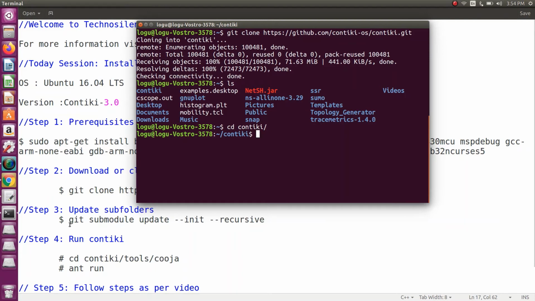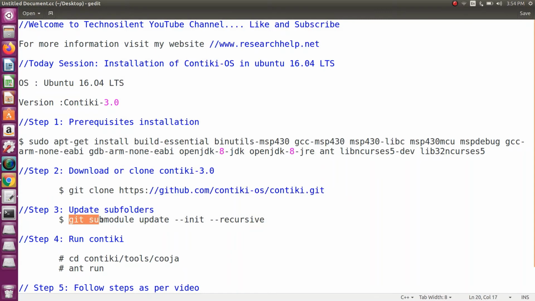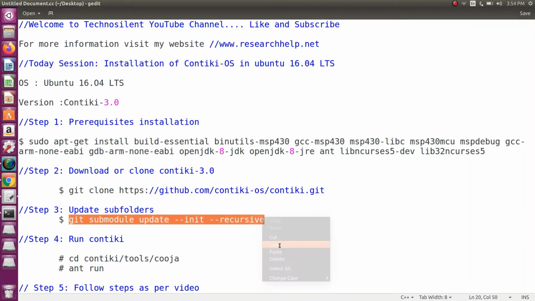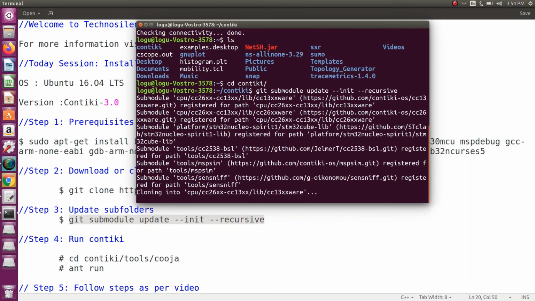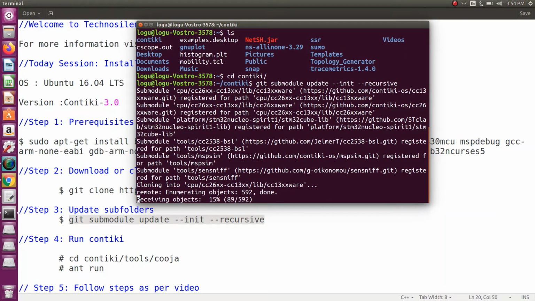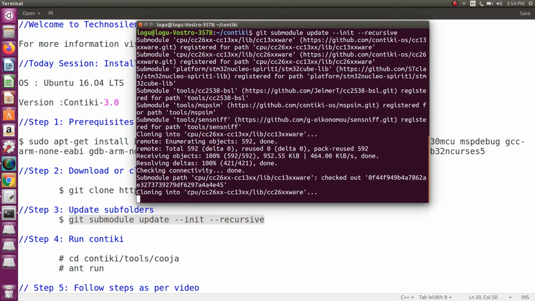It is a very important step. Just copy this command. This is the third step. Paste: git submodule update --init --recursive. Just press enter. Now all the subfolders are updated automatically.